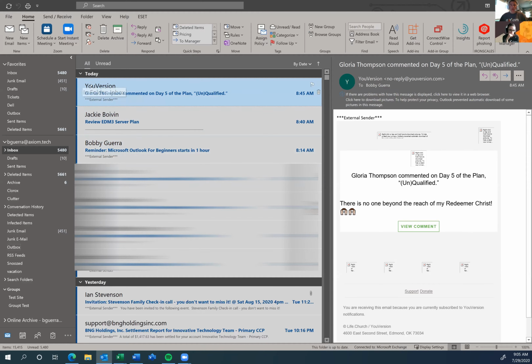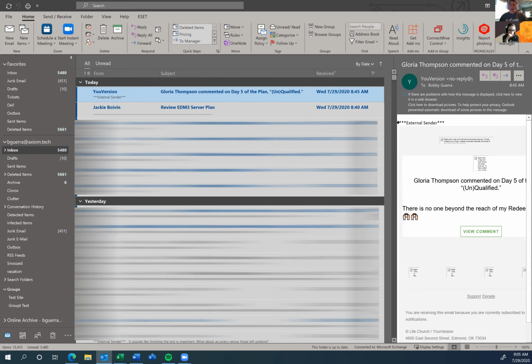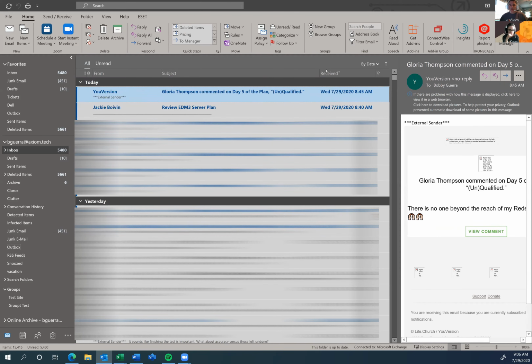I want to get more data on this. See how these columns now appear when I do that? Yeah, and you just dragged that over. I dragged it. Now you can change these columns, and what I'm trying to show you here is how you can change the different views of your Outlook to get what you want. Just to give you a heads up of what's happening, I have in here